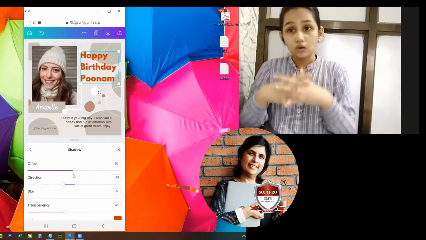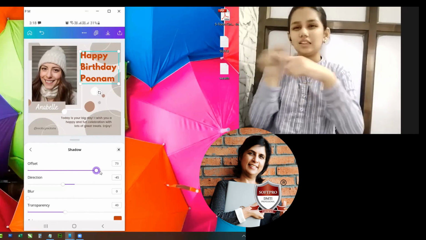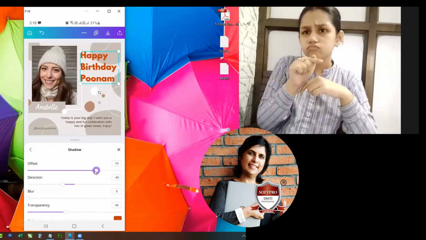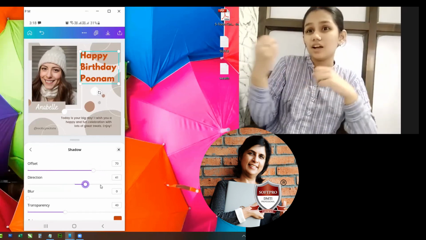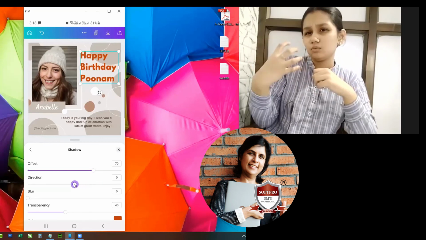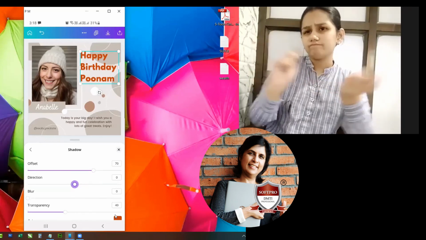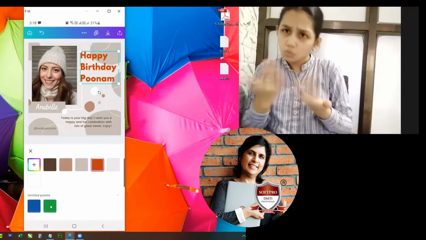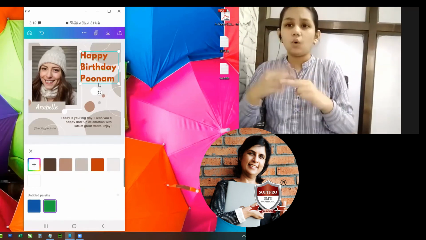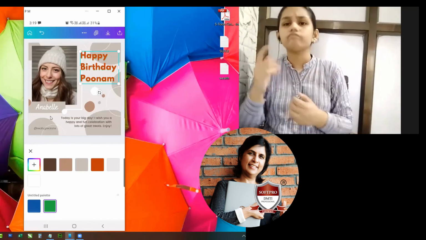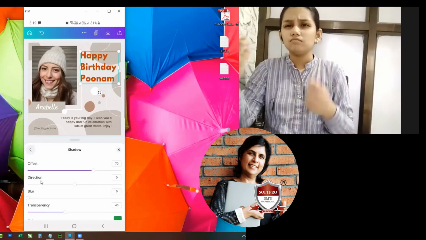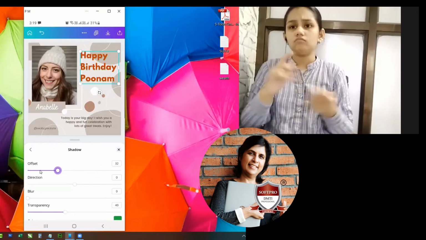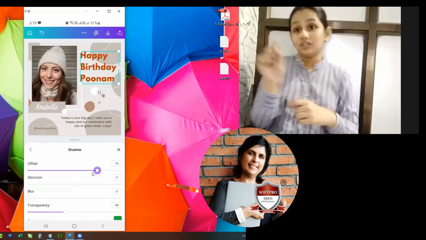And here in shadow, it will give me some more commands. You can see the shadow is changing. I can change the direction also. Shadow from the top, shadow from the bottom. Then I can change the color of the shadow also. When I click on this, I can make the color of the shadow, let's say green. So you can see the color of the shadow has become green. So my point is that this is everything you have to just do with the slider. What you like, you apply.